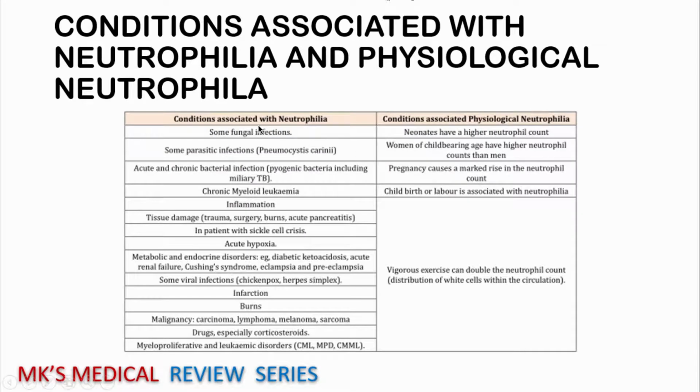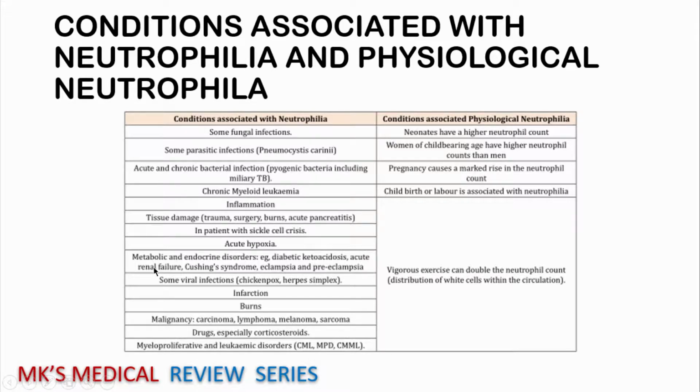So here are some of the conditions that are going to be associated with neutrophilia, and here are some conditions that are going to be associated with physiological neutrophilia. So conditions that are going to be associated with neutrophilia include some fungal infections, some parasitic infections such as Pneumocystis carinii, which is now referred to as Pneumocystis jirovecii, acute and chronic bacterial infections such as pyogenic bacterial infections such as miliary TB, chronic myeloid leukemias, inflammation, tissue damage, in patients with sickle cell crises, acute hypoxia, metabolic and endocrine